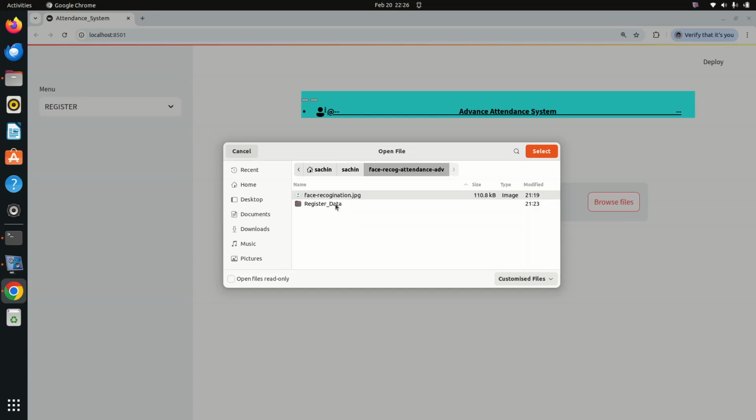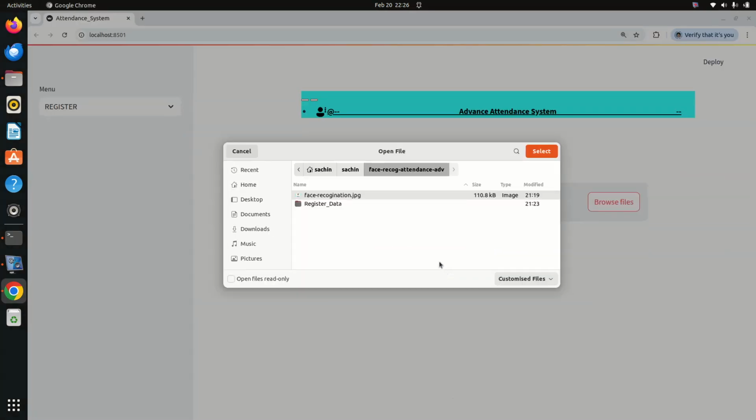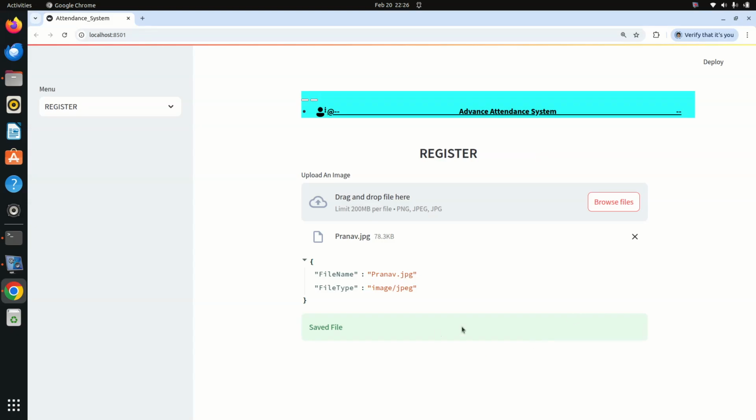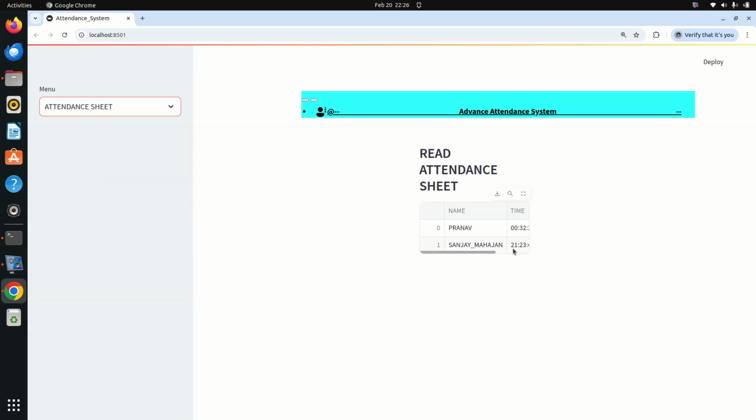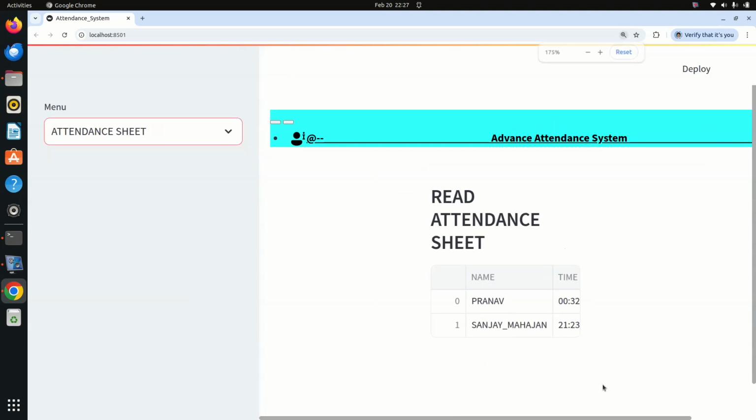Here I will take from here Pranav. Okay, I will take the image Pranav. I will take here from register data Pranav. Yes, Pranav image is taken. Yes, my name is also there and Pranav is also there. So I successfully done with, we can show the attendance a little bit enlarged. So sorry. So I successfully done with